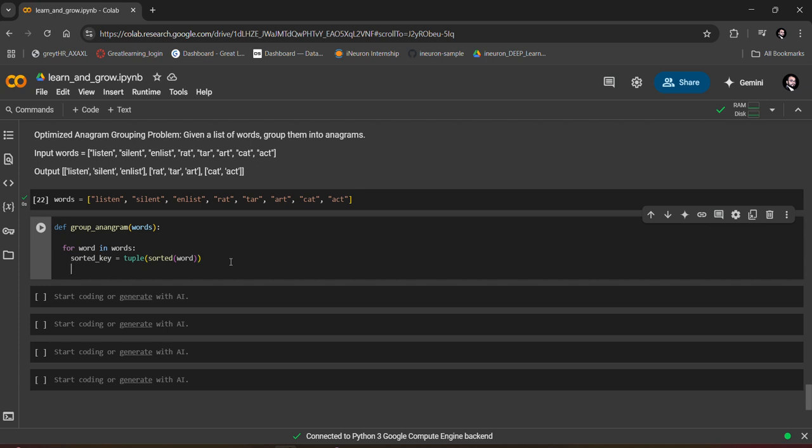Now in the second line, we need to keep this word into a list, and for that part, let's do if sorted key not in anagram groups. Now here, anagram groups I have given here, if sorted key not in anagram groups, because the sorted key here it is available in,